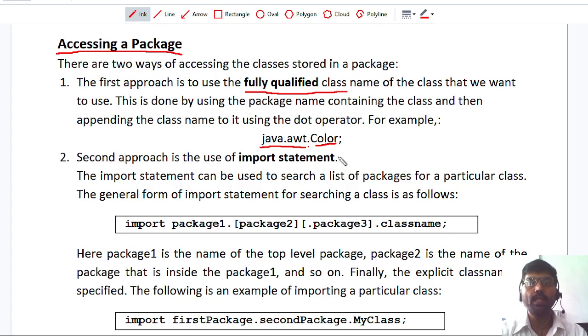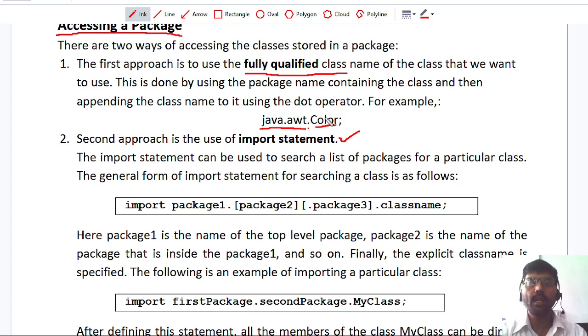Then we use a statement called the import statement. Import means we can access the class directly without specifying the package name every time. We just call the class name. This makes our program more readable and easy to understand.